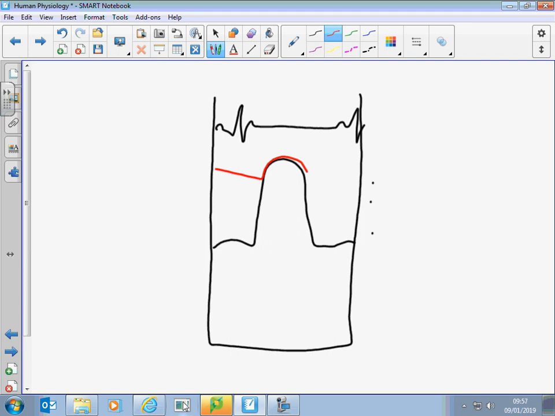Then the ventricle starts to relax. Now at that point, the pressure is going to fall in the aorta. You're not pushing the blood out anymore, and the blood starts to try and fall back in. Now that causes the aortic valve to close, so it can't fall back into the heart, and that's what causes the dup sound. So if you line up the two heart sounds on the bottom of that diagram, you can see that they line up with, I haven't got that quite right, but it's something like that. All right, so that's going back, get the general impression.